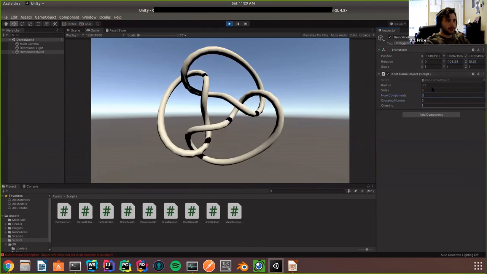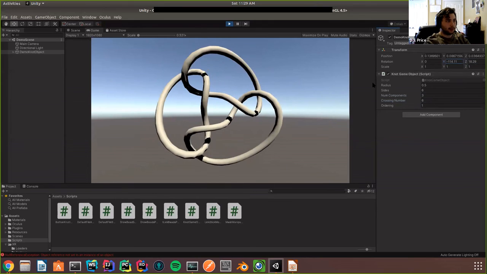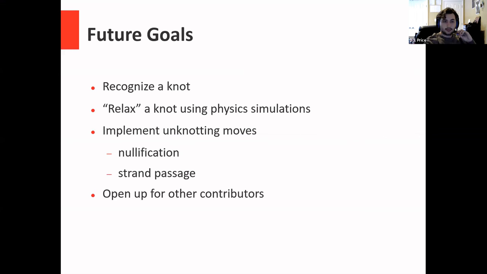And then we can even look at something that has more than two components. So the number of components here doesn't matter. So we've got one separate thing over here, one separate thing over here, one separate thing over here. And so to kind of conclude this talk,